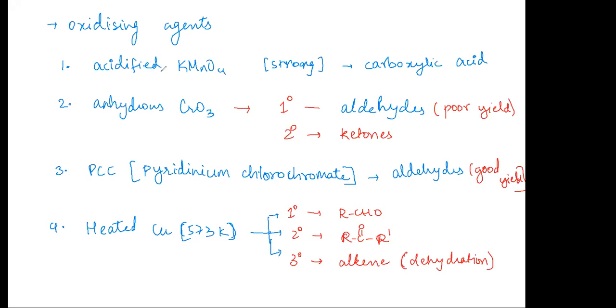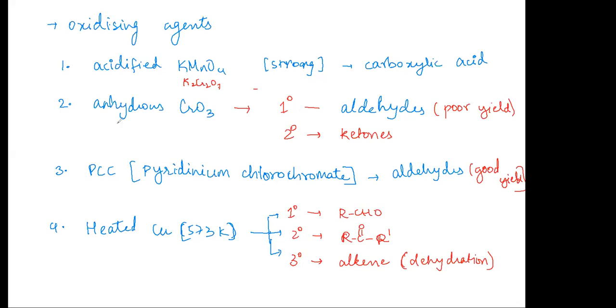Okay. So these are the major oxidizing agents. You take acidified KMnO4, or potassium dichromate was another one, K2Cr2O7 or Na2Cr2O7. So when you take chromates, they're really strong oxidizing agents, and you pass by aldehydes and you directly get carboxylic acids. So if you take ethanol, for example, you get ethanoic acid. You take butanol, you get butanoic acid. So wherever you have the OH bond, that gets converted to C double bond O OH.